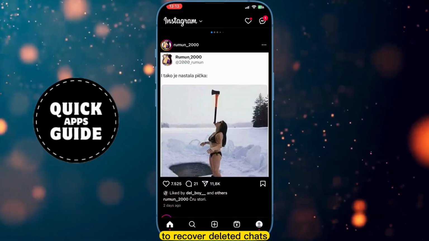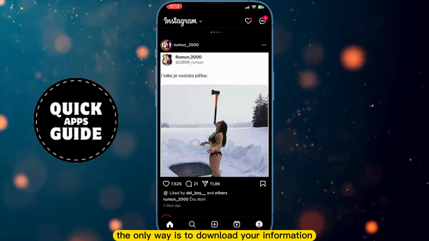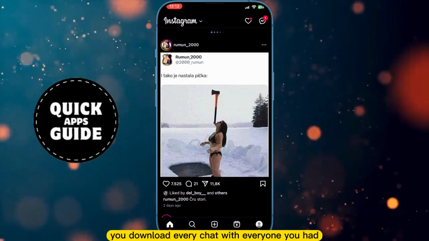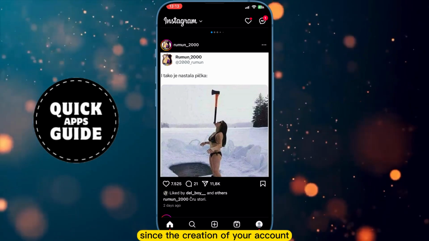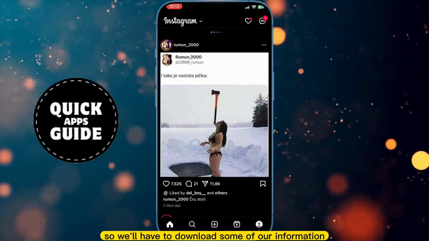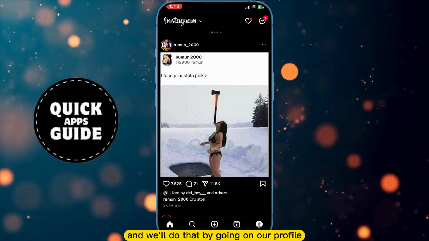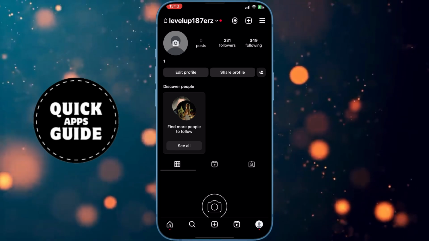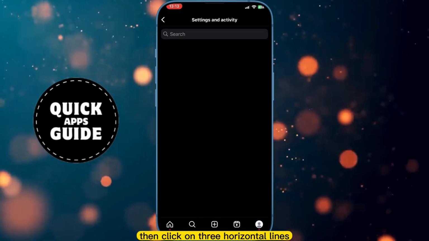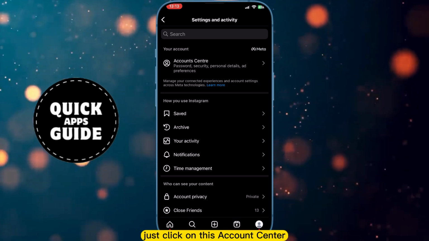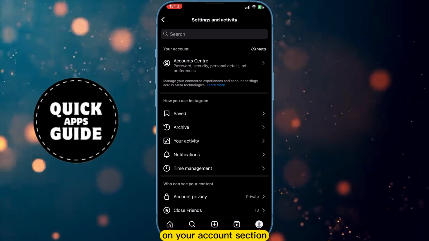To recover deleted chats, the only way is to download your information, and therefore you will download every chat with everyone you had since the creation of your account. So we will have to download some of our information, and we will do that by going on our profile, then clicking on the 3 horizontal lines, and it will open settings and activity. Just click on this account center in your account section,